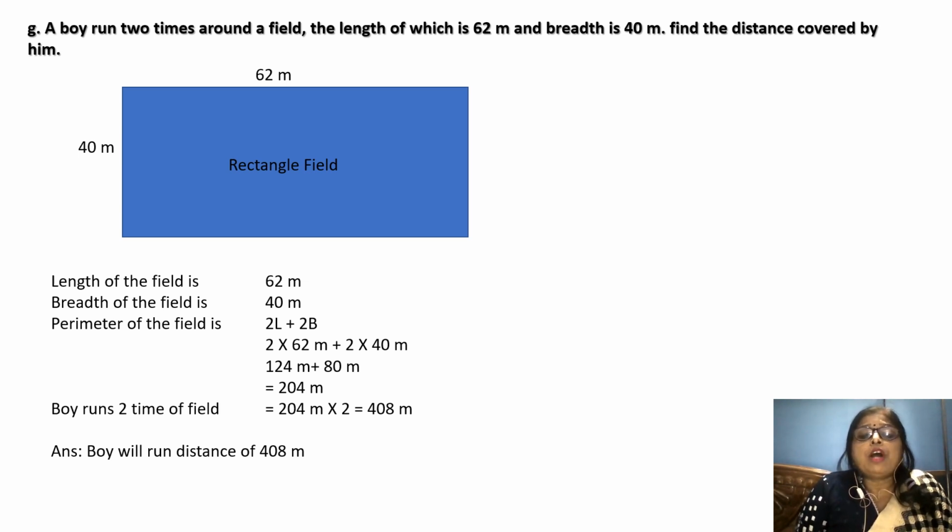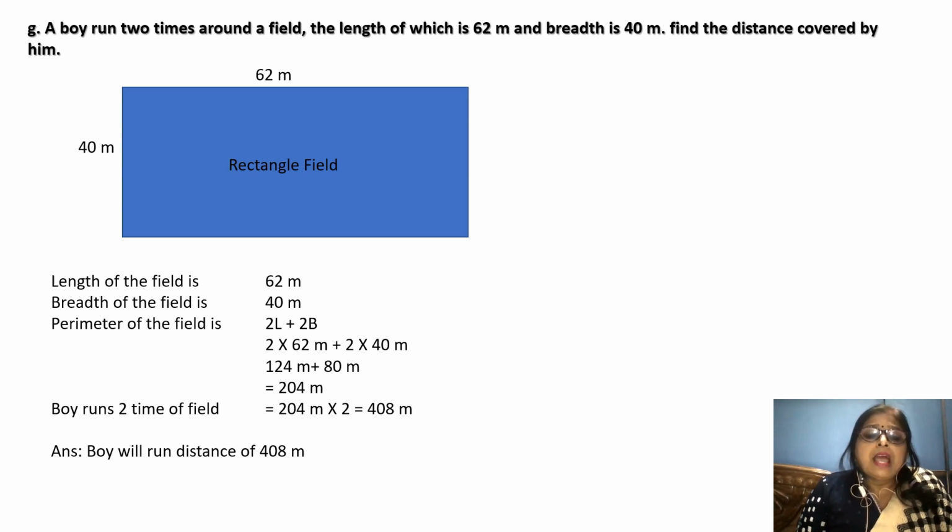First, you find out the perimeter of this rectangular field, because total length will be found with the help of the perimeter. So perimeter of the field is 2L plus 2B, that is 2 into 62 meter and 2 into 40 meter, that is 124 meter and 80 meter, that is equal to 204 meter. So you can say that the perimeter of the field is